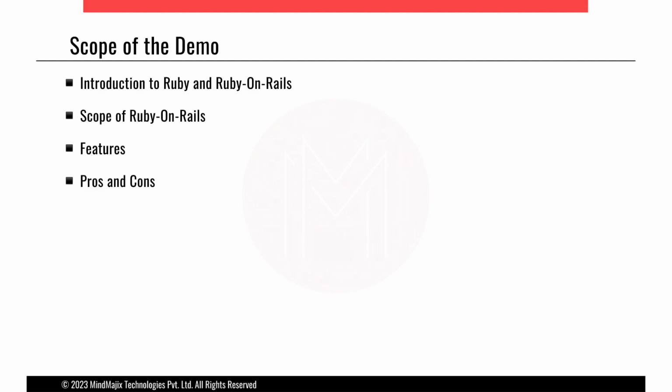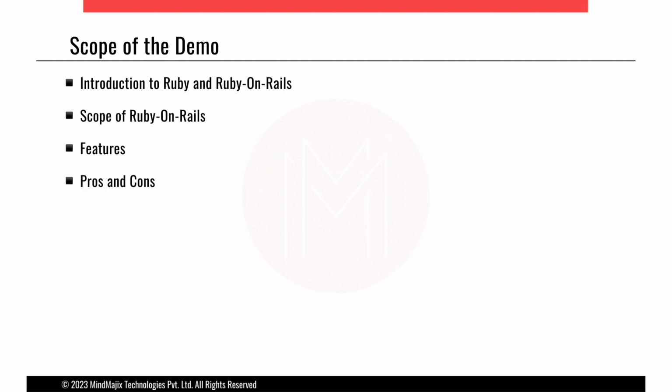The features we already discussed: it is in full demand, open source, and a beginner friendly language. And here it has a unique concept, object relational mapping, so we need not go to other databases. We already have the Active Record concept, so with that we can create an end to end application using only Ruby on Rails